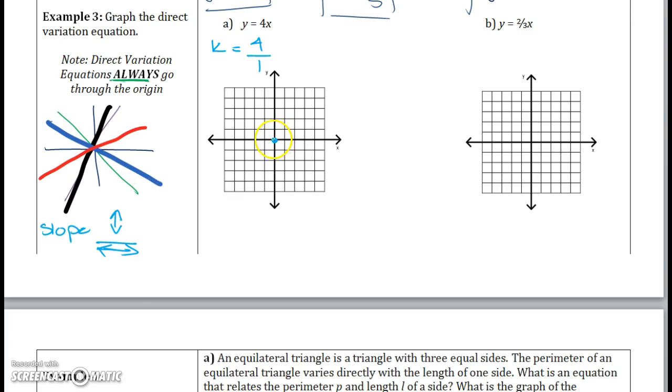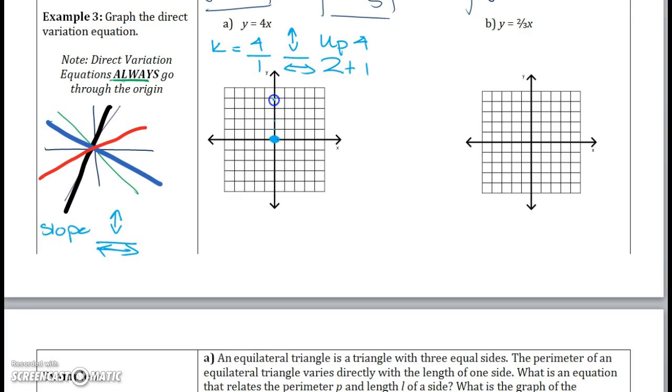This time we're working backwards, where I'm going to start here. Remember, the top number was your rise over your run. They're directions. So this 4 on top is telling me to go up or down? Up, because it's positive, up 4. This 1 at the bottom is telling me to go left or right? Right, because it's positive. So from this point, and I'm always going to start at the origin,